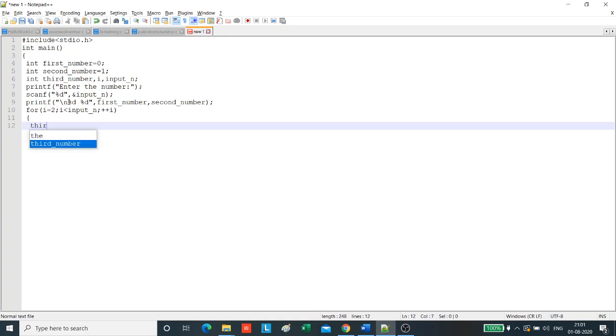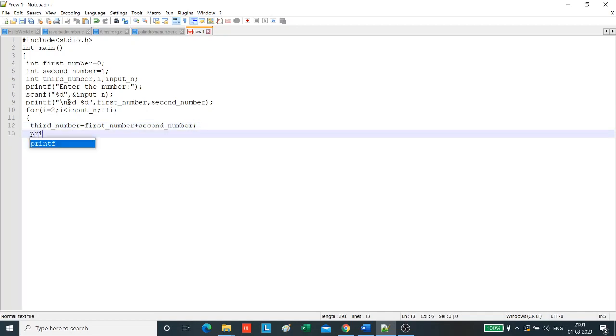Now we will calculate the third number as the sum of the first number and the second number, and we will print the third number as well.